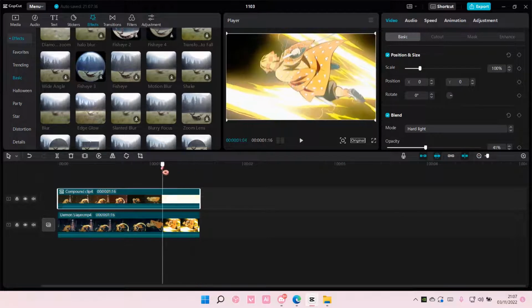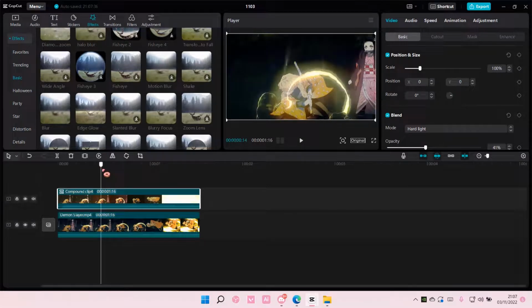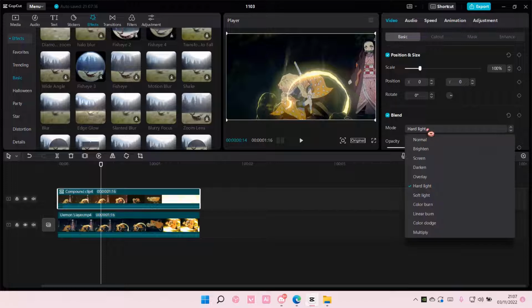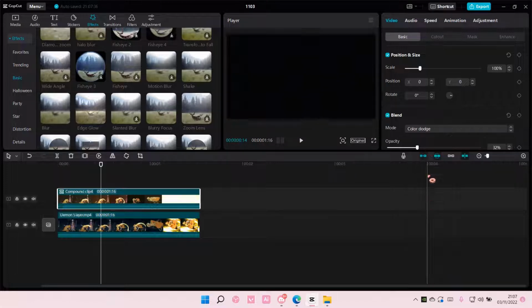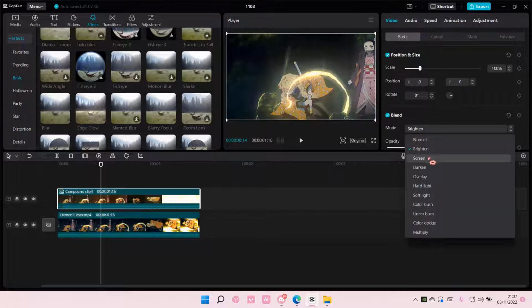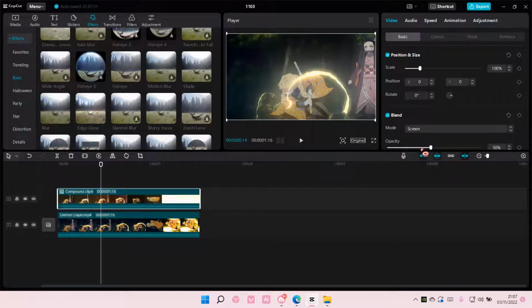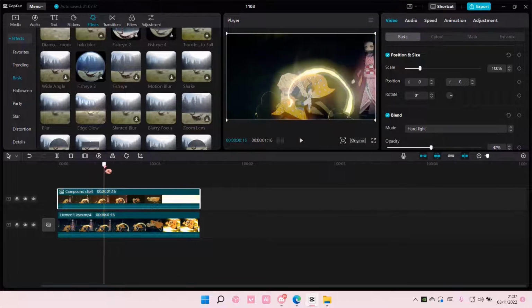I'm going to choose hard light, but I'm going to turn the opacity down a little bit. I'm actually just going to see which one suits it the best. I'm going to choose this,